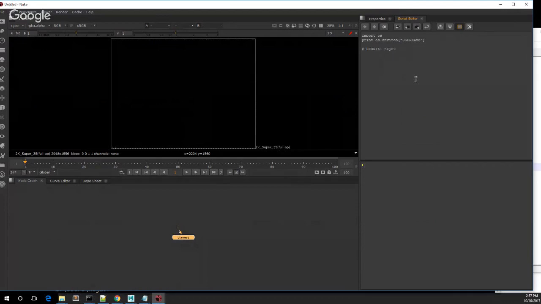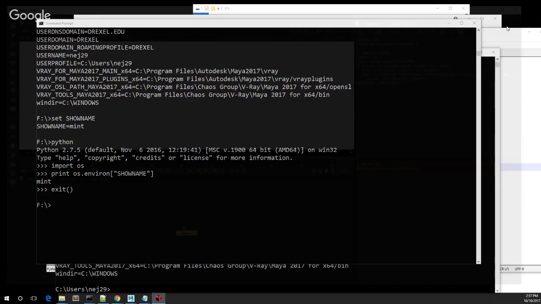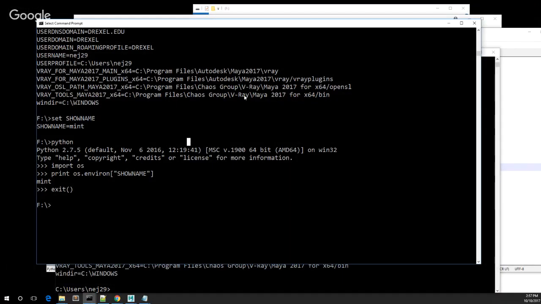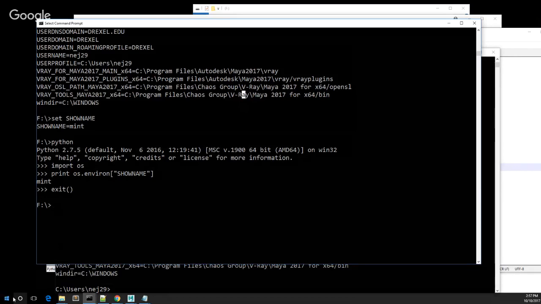All right, username worked. But if I go in here and say, give me show name and run, it doesn't work. Key error. Show name doesn't exist, right? I want it to work. But if I close this, that one was the Nuke that I ran from the Windows prompt. If I run Nuke from this command prompt where it has been defined,